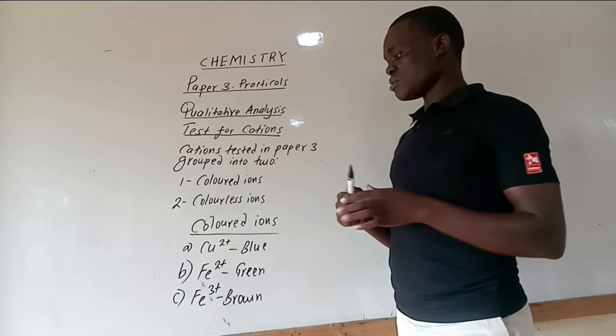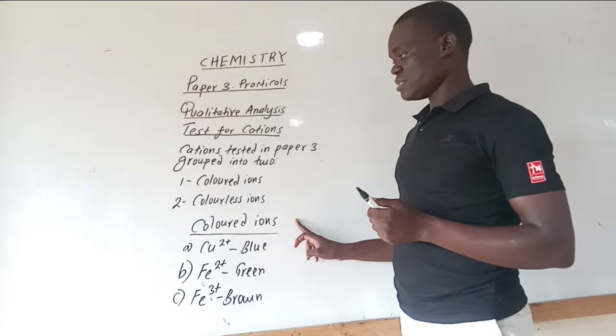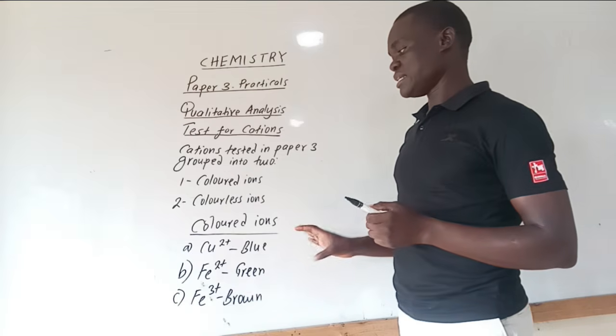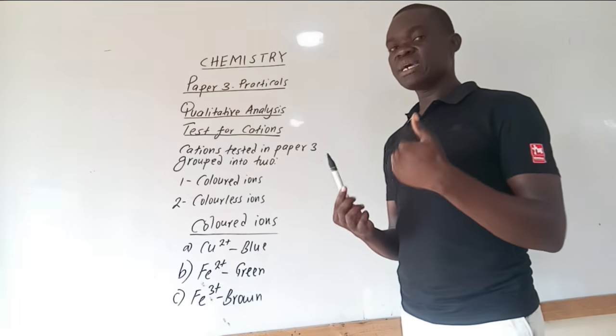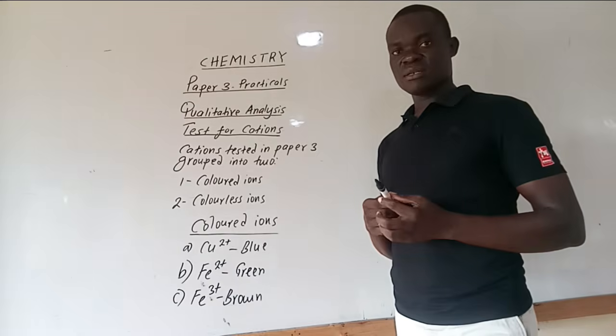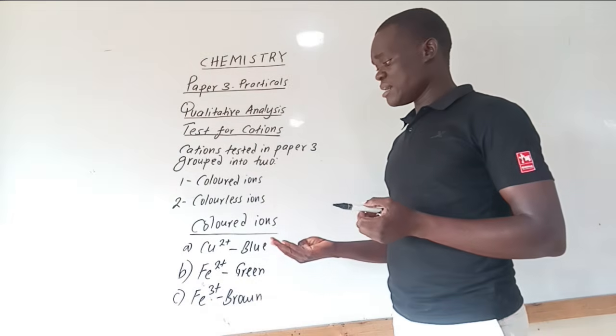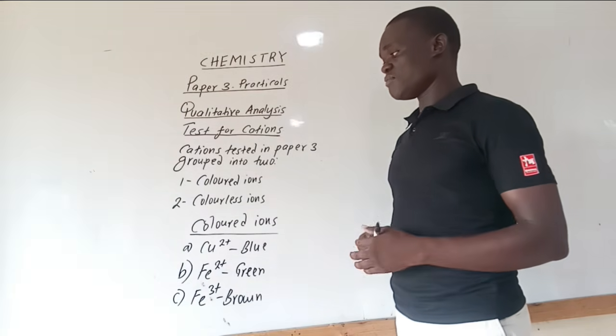So that is all about colored ions. Colored ions are always tested when we are dissolving a certain solid. Sometimes when we are given a solid and told to dissolve it, and then a table like